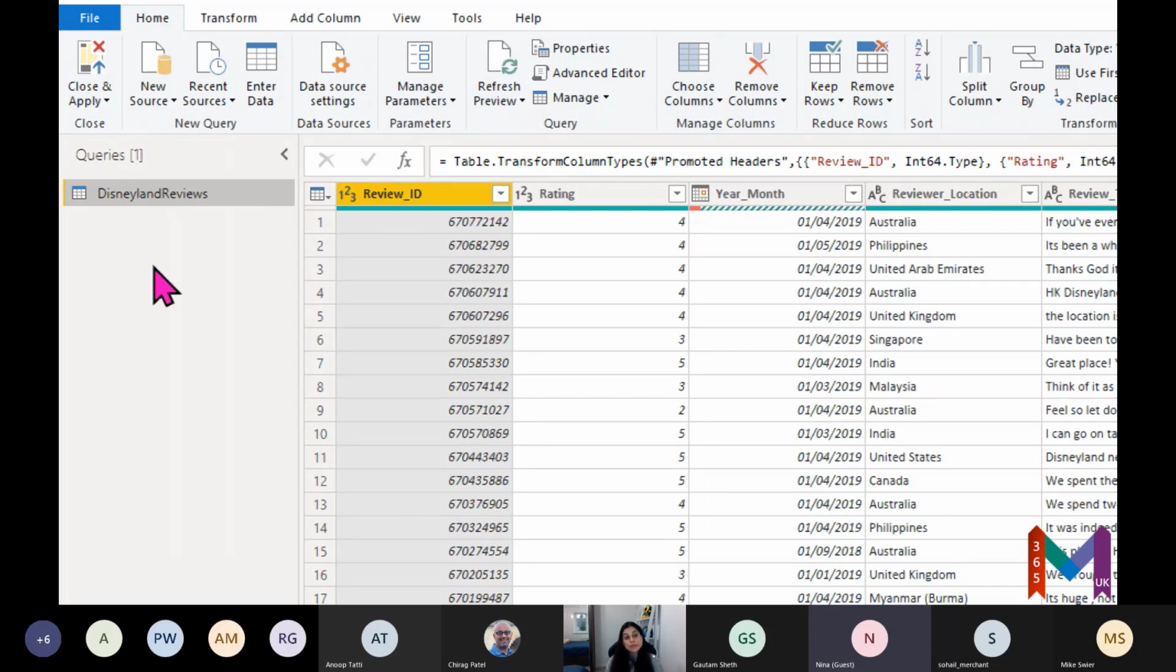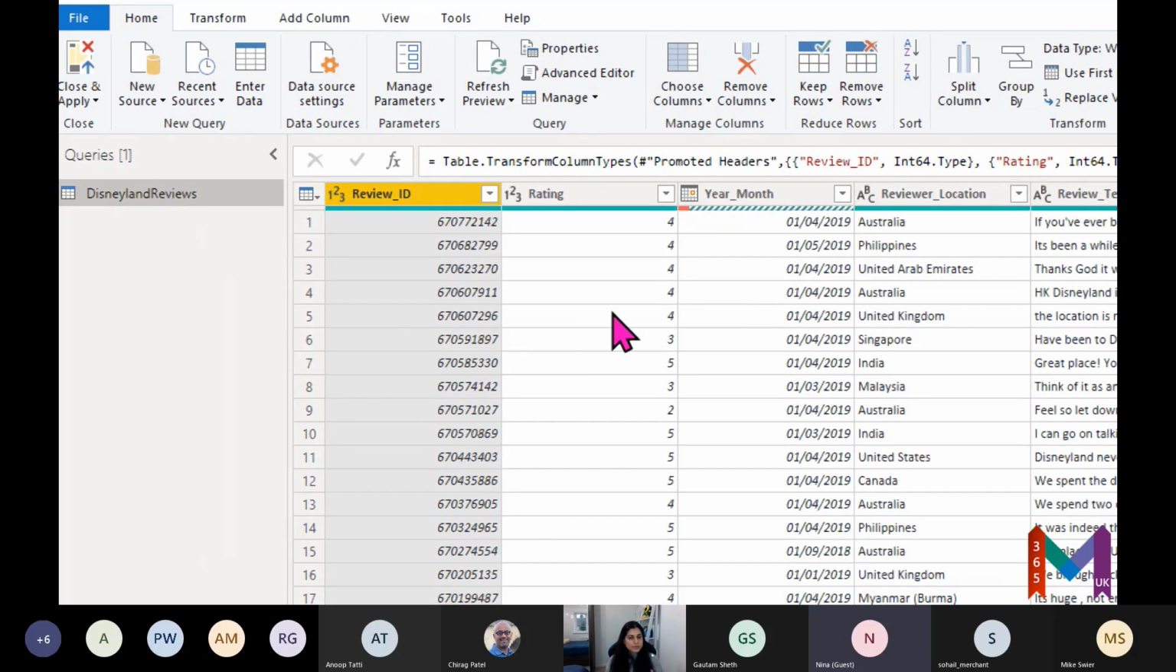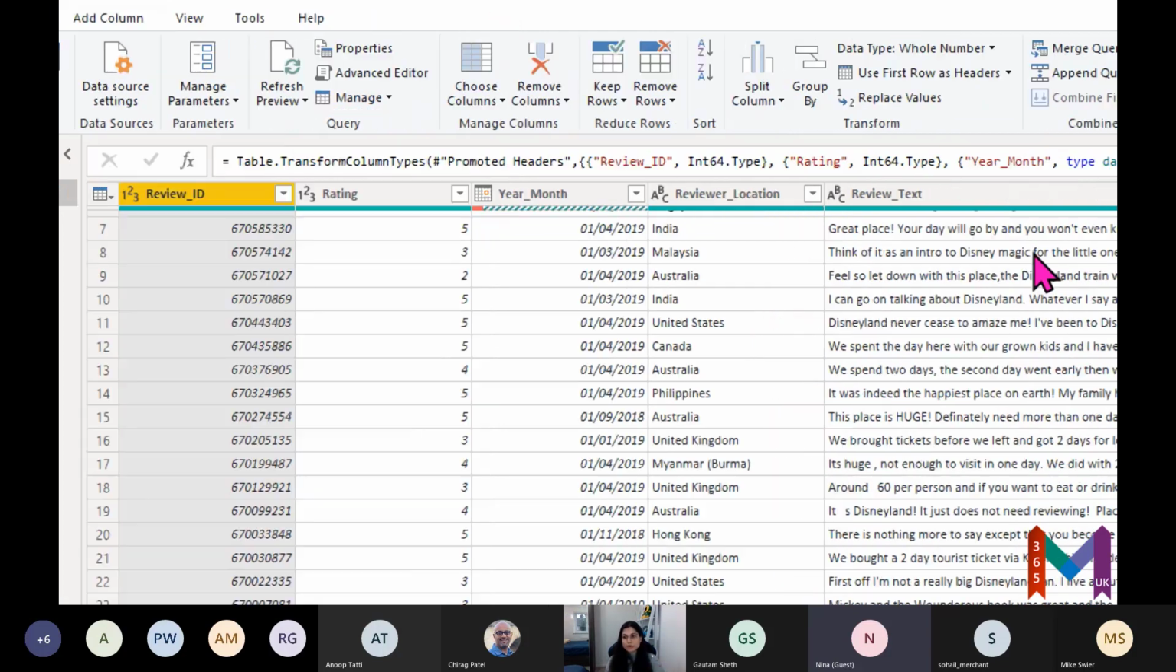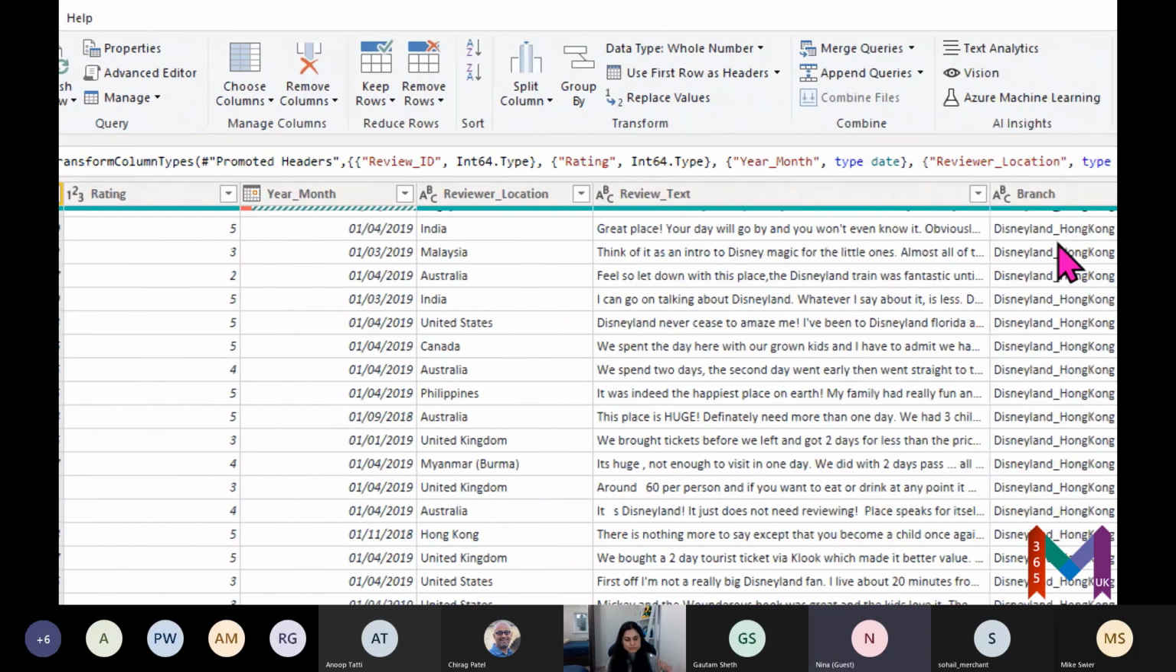Then on the left, whenever you import a data set in Power BI, that data set is shown under the Queries pane. You can see we imported the Disneyland reviews CSV file data. That's what you see here. Then in the middle, we see all the columns. That's basically your data. You can see what all columns are here. And if you go further to the right, you can see